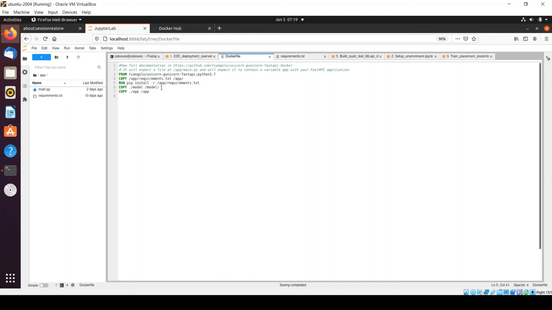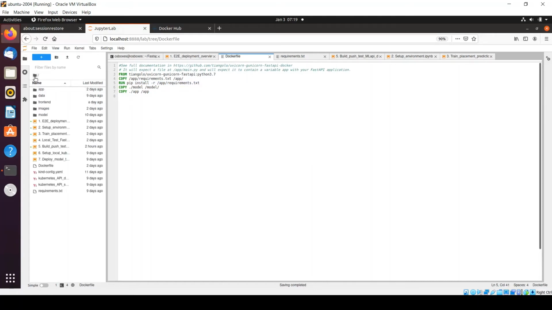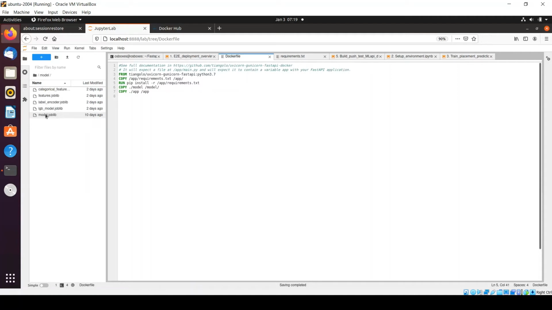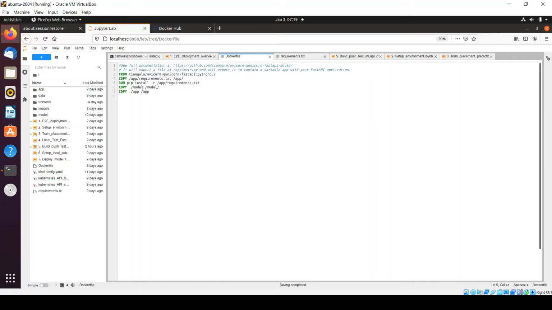In the next step, what we will do, we will take the model folder, right? The model artifact, and we'll simply copy it within the model directory within my Docker environment. Okay, that's what we are doing here.